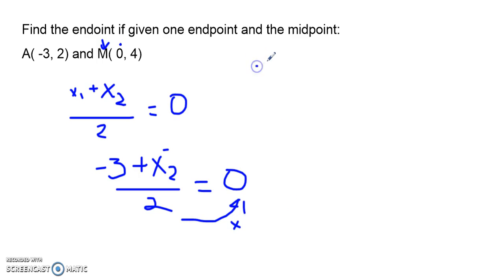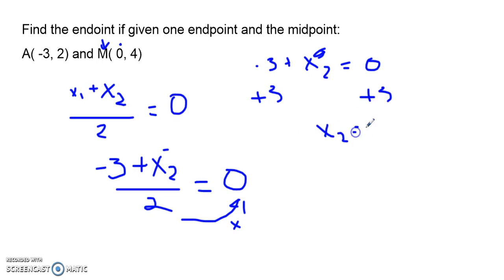So we're left with negative 3 plus x2 equals 0, because when we multiply 2 times 0, it gives us 0. Now we take plus 3 on this side. So x2 is equal to 3. So the start of our point is 3, comma, and now we have to do the same thing for the